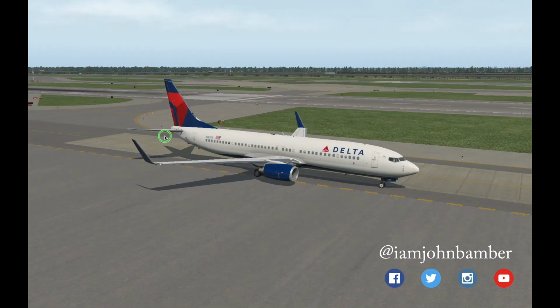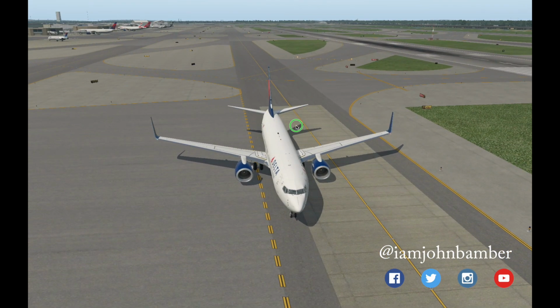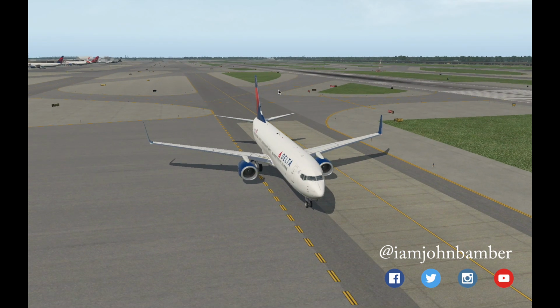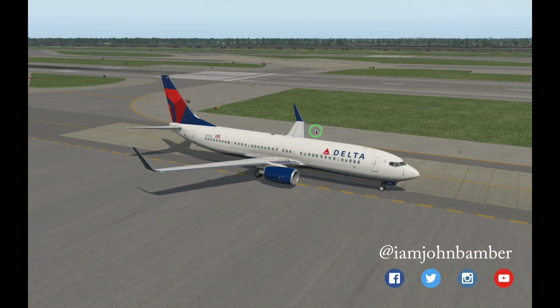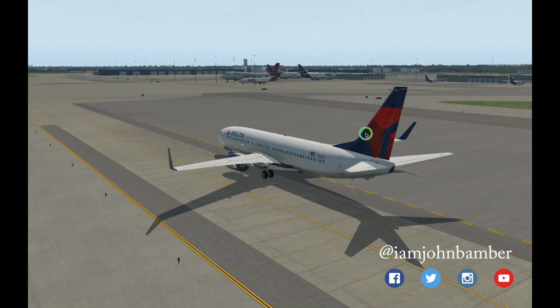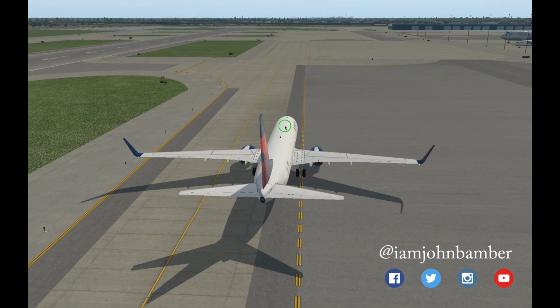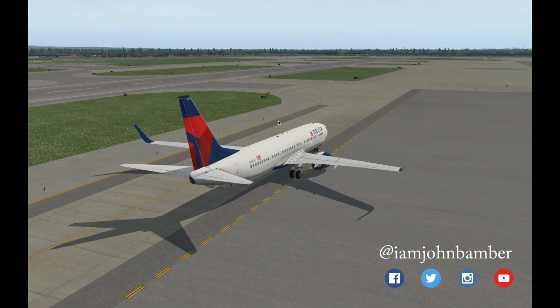And if you guys have any feedback on my piloting skills, other than my parking in the right lane instead of on the taxi line here, kind of let that go. But if you have any tips for ILS flying, I'm just using the default 737 that comes with X-Plane 11. Please feel free to put some comments below, and I might do some more aviation-themed videos when I understand this better and learn more about it. But I'm just kind of having fun with it right now,